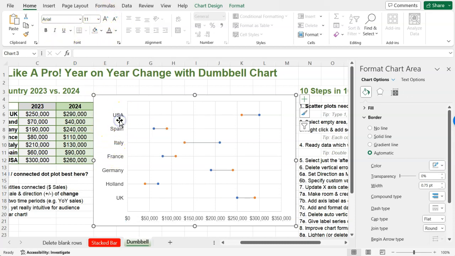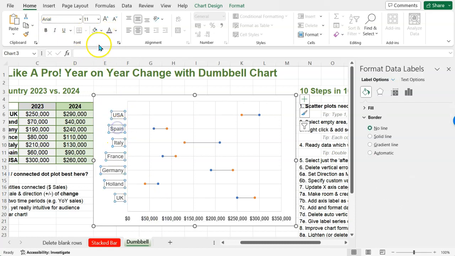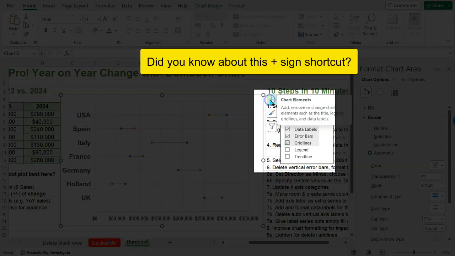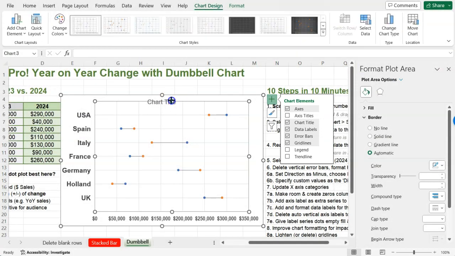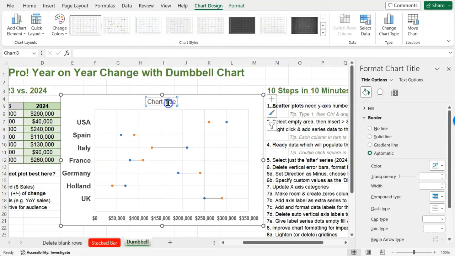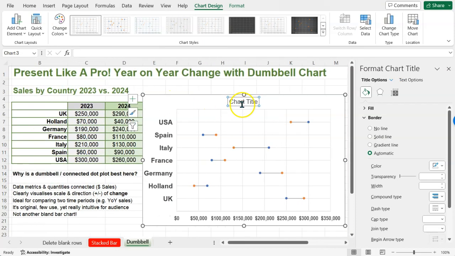I'm going to make my axis labels bold. I'm going to make those country titles bigger and bold. I'm going to also add a chart title to my chart. If I bring this down, I'll make room for the title, and this again I'm going to do sales by country. So it's good to label your title what exactly it's doing. 2023